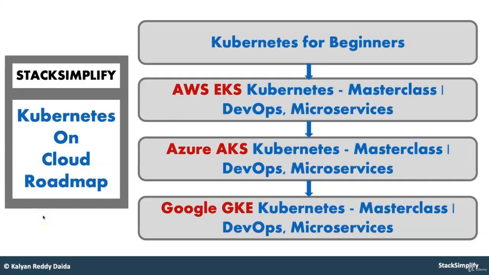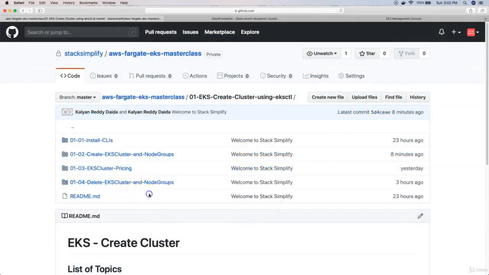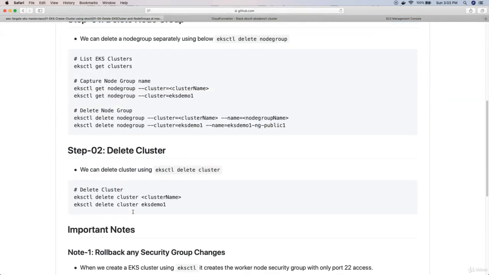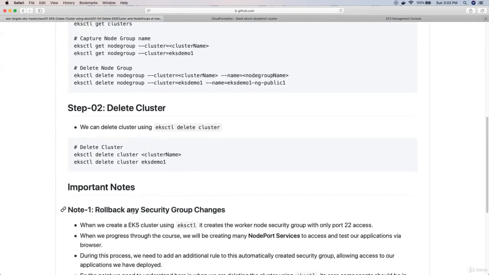Welcome back. In this lecture we are going to look into the delete EKS cluster and node groups section. Okay, so let's go into 0104 and we have the steps here. Before going into the steps, we need to understand one thing thoroughly. You have created your cluster and node groups using EKS-CTL, and